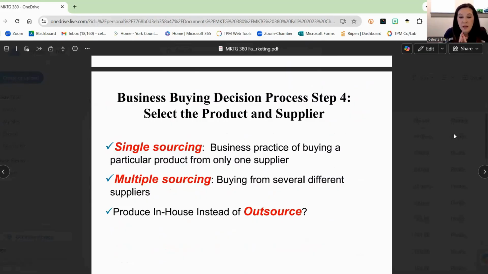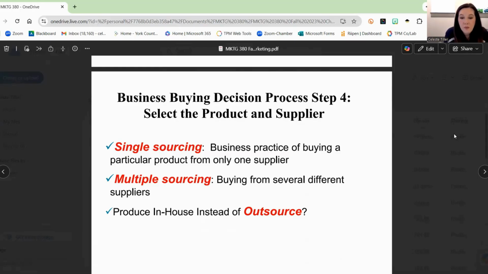If we were in class, I'd ask you right now, what was the benefit of having multiple sources? Here's the benefit. If you have a single source supplier of anything, regardless of what it is, and we learned this very quickly during COVID, if that supplier goes out of business, if they have a death in their family, if they have some hiccup in their supply chain or their manufacturing, your business is now at a standstill. So having multiple suppliers is beneficial, right? Because your business can keep going.